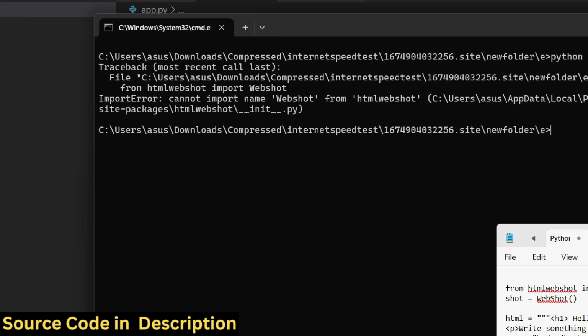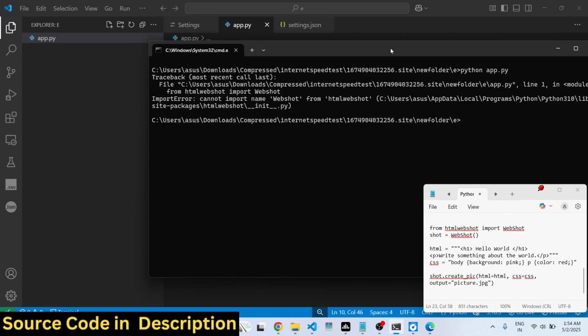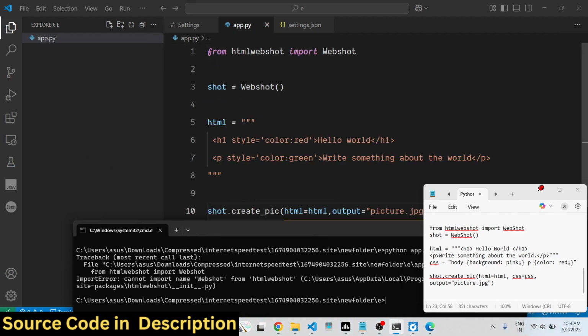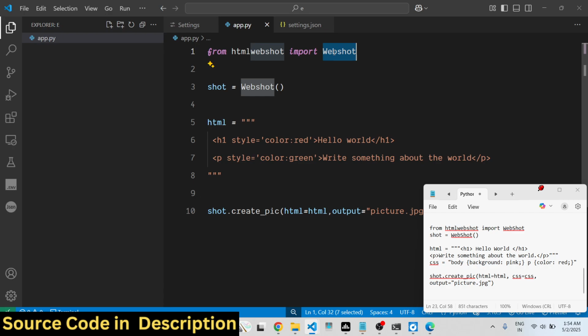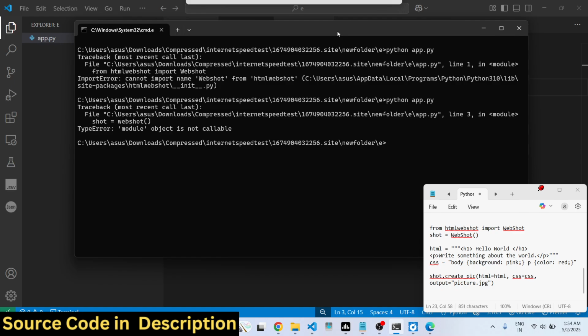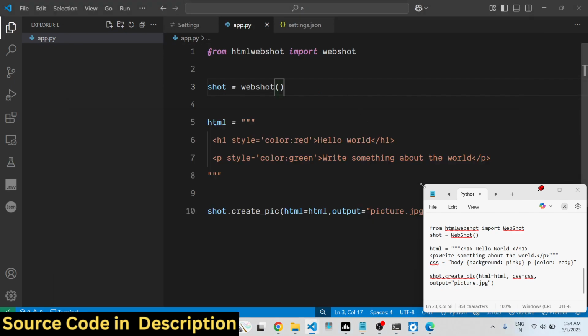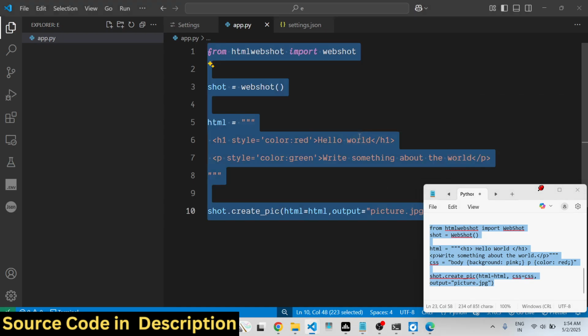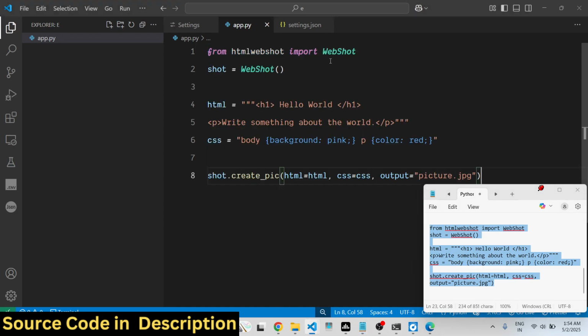So, cannot import name WebShort from HTML WebShort. I think this is called WebShort. Sorry, again call this. The full script is given, guys, in the description of this video. So yeah, it's WebShort.